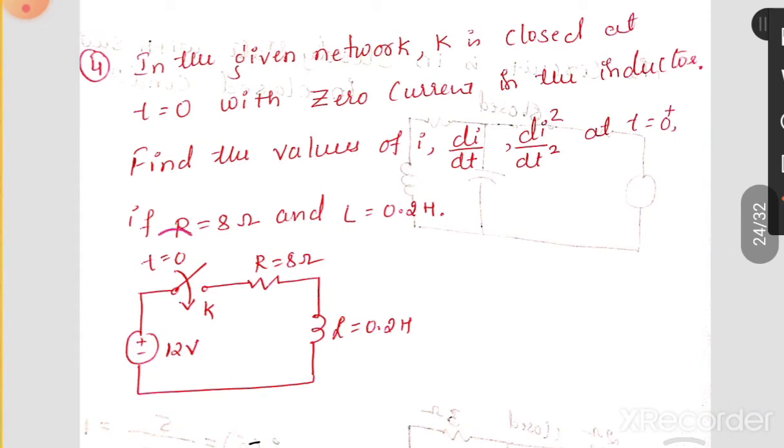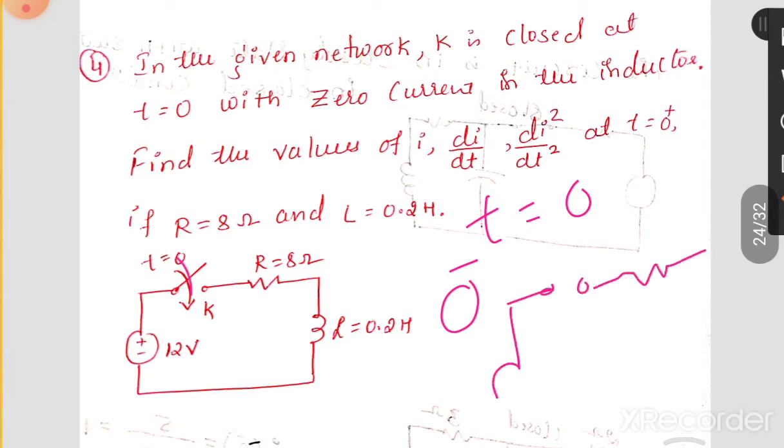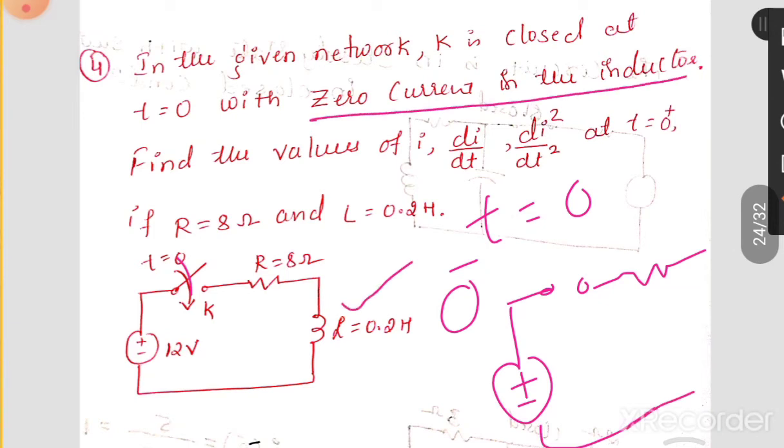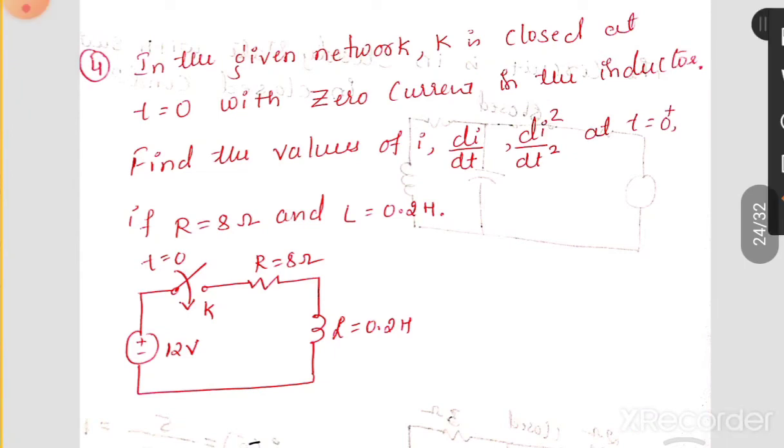What is the switching action? You are going to close the switch at t equal to 0. And what was the situation just before that action? Before closing the switch, the circuit was open. When the circuit was open, how does the inductor have to be represented? Remember, there is no current in the inductor. We have to apply the initial condition. An inductor has to be represented by an open circuit.